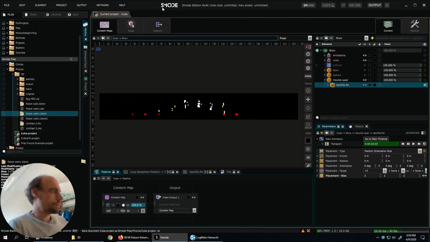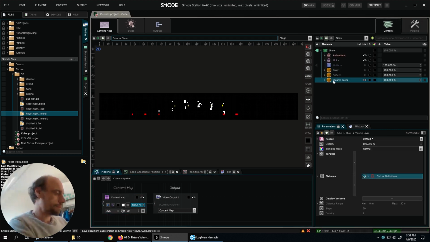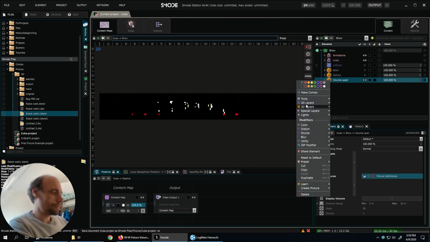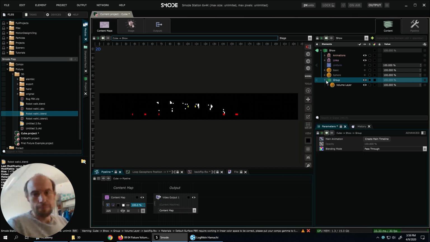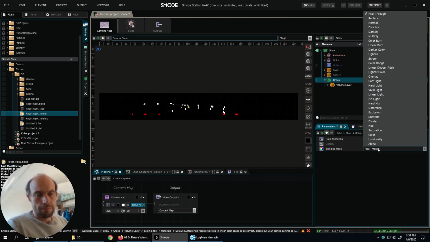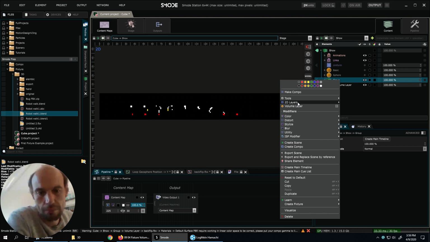So let's go back to SMOD and let's add the feedback effect. For this, I will just put my volume layer inside a scene, and put this scene into normal mode, so I can apply some effect.